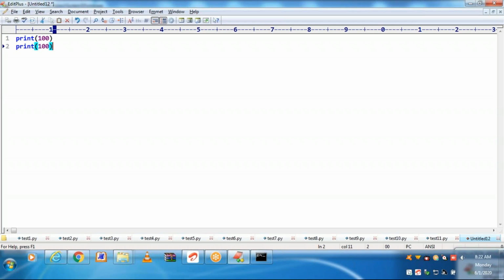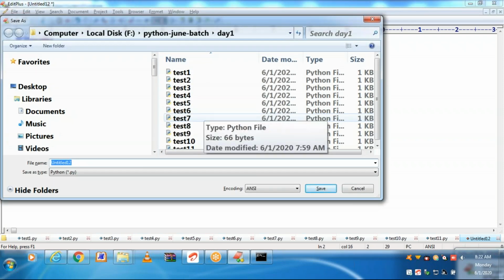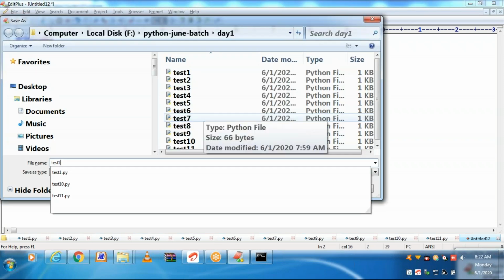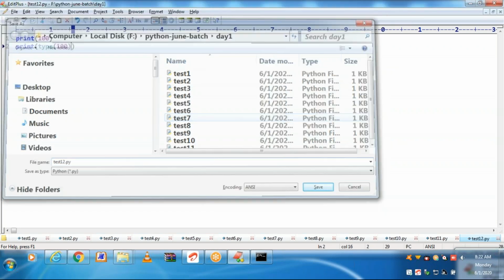I want to print the type of 100. For that purpose, I will be using the type built-in function. Try to save. Test12.py.